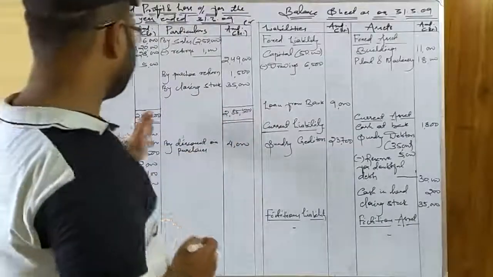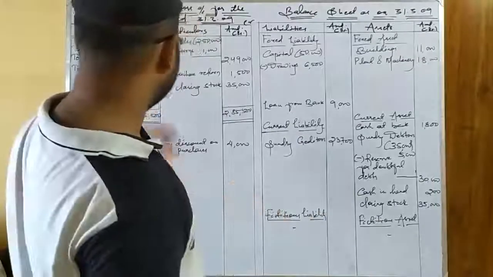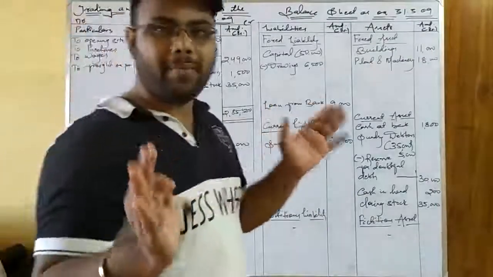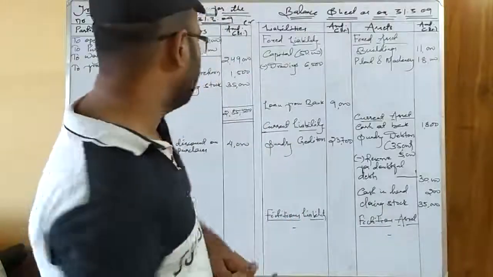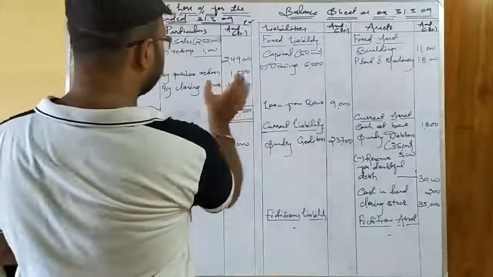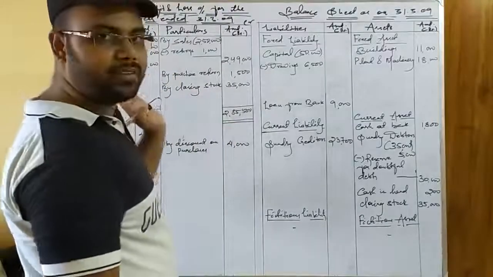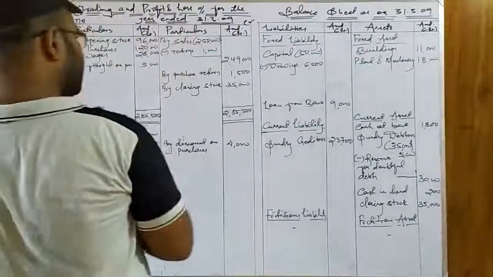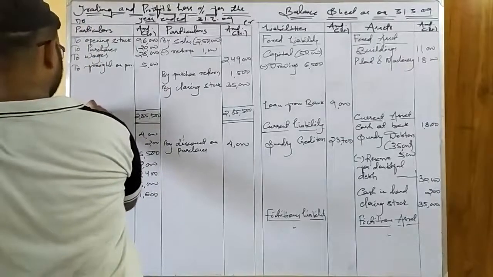If you want, you can make the calculation in your rough area. I don't have any rough area here, so I am making the calculation here and rubbing it. Okay, so make this calculation of the totalings or the subtractions in your rough area properly. Okay, so we got the highest total as the credit total. Now we will subtract it from the debit side, that is your expenses side. Since we are getting the highest total on the credit side, we will be getting the gross profit.